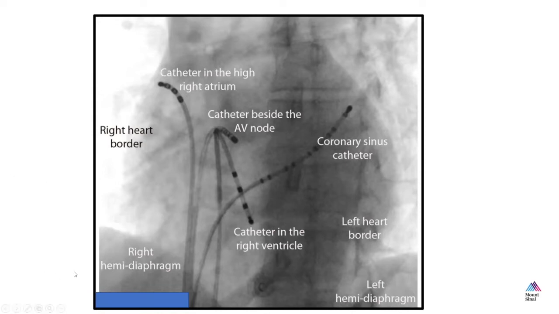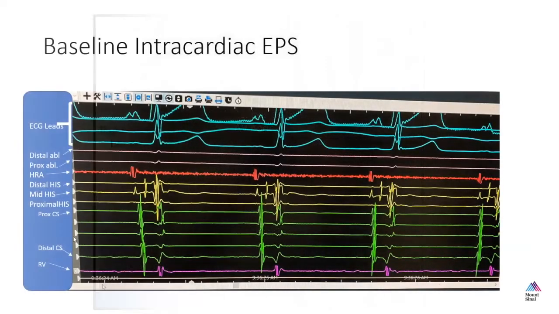Okay, so this is basically what the intracardiac images look like once we're in the lab. And so I thought it'd be worth going through. So typically we'll project 3 or 4 leads of the electrocardiogram on the top. And just to remind everyone, all the leads that are being displayed, the intracardiac leads and the EKG leads, are all simultaneous. And so if you're ever trying to understand what's going on intracardiac, it's always good in your mind's eye to look at the intracardiac and time it out relative to the surface ECG,